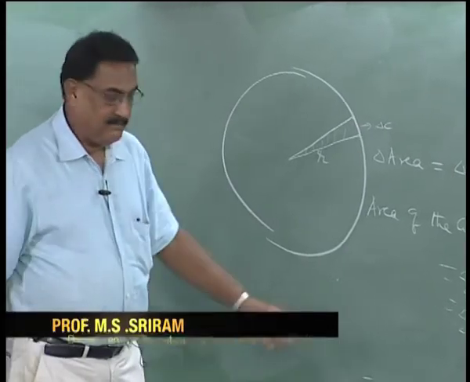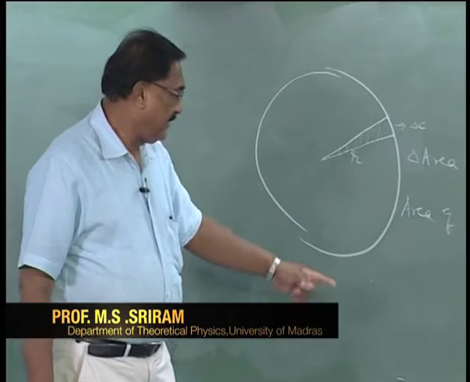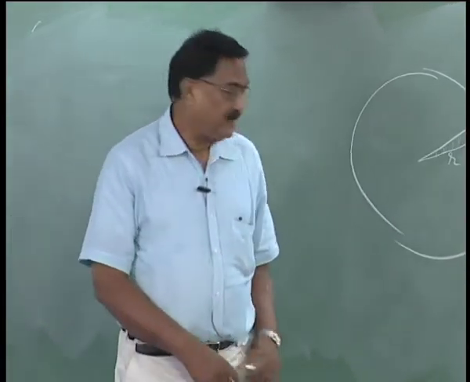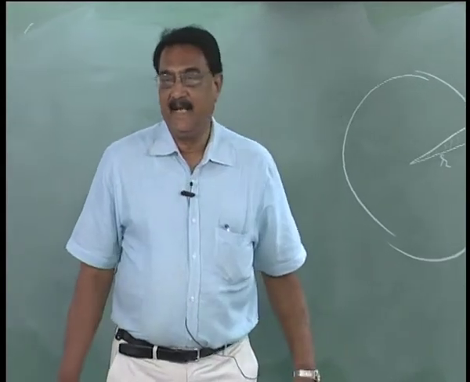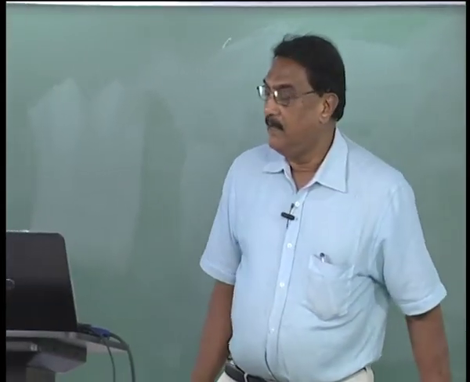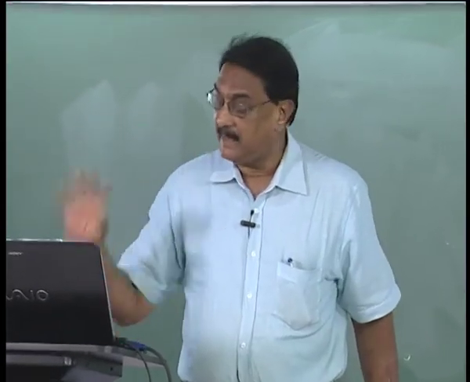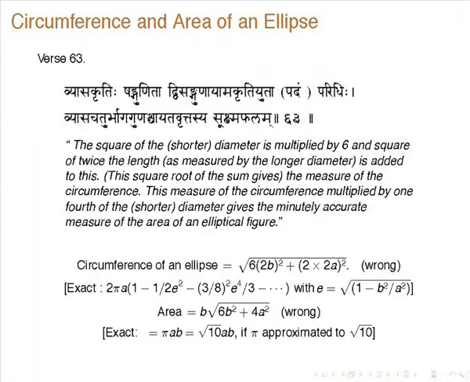So, this is precisely the same thing, instead of radius he is using diameter. So, 1 by 4 circumference into diameter. So, this is independent of the relation between the circumference and diameter. So, probably that is how they got it, and certainly that is how they got this result later, by Bhaskara and others. Okay.